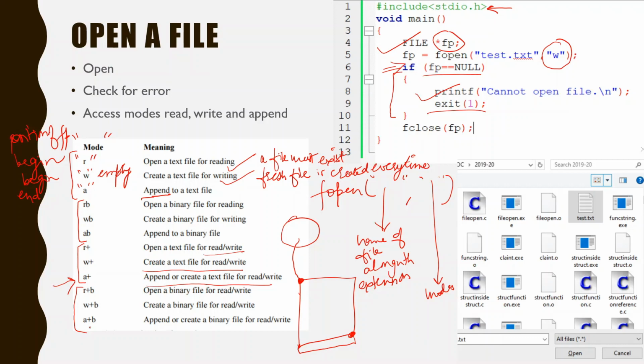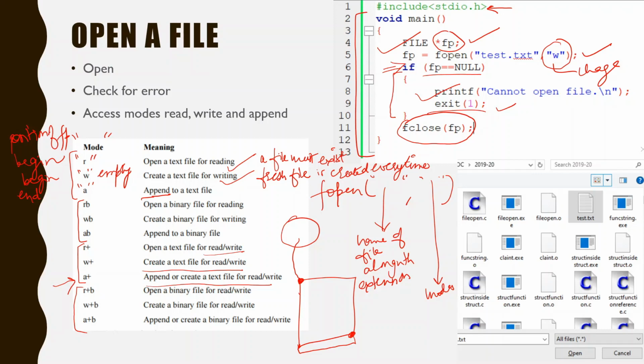So this is the example that we have seen here. We have created the file pointer, then we open the file. You can change the mode here. The file can be opened in different modes. So this is the error clause which can check whether the file is properly opened or not. And once you are done with your work, in the end you have to free the stream created, to save the space of your memory. So you have to close the file pointer. This will free your file from the compiler. Okay, so now your file is available in the secondary storage also.